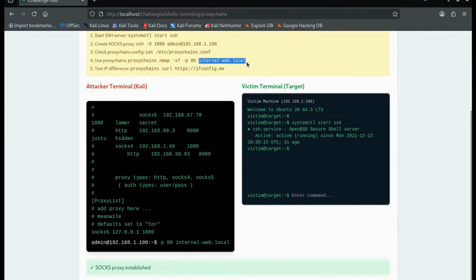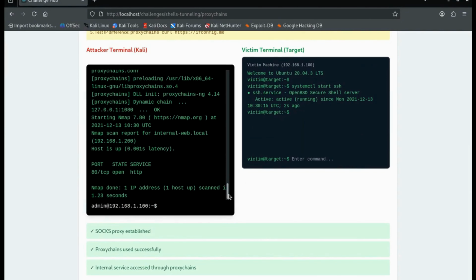And this part, internal-web.local, is the internal service we're trying to target. Without proxychains, Nmap will try to connect directly. But with proxychains, the path becomes Nmap to the SOCKS proxy, to the SSH tunnel, and to the internal web server. So when we press enter,